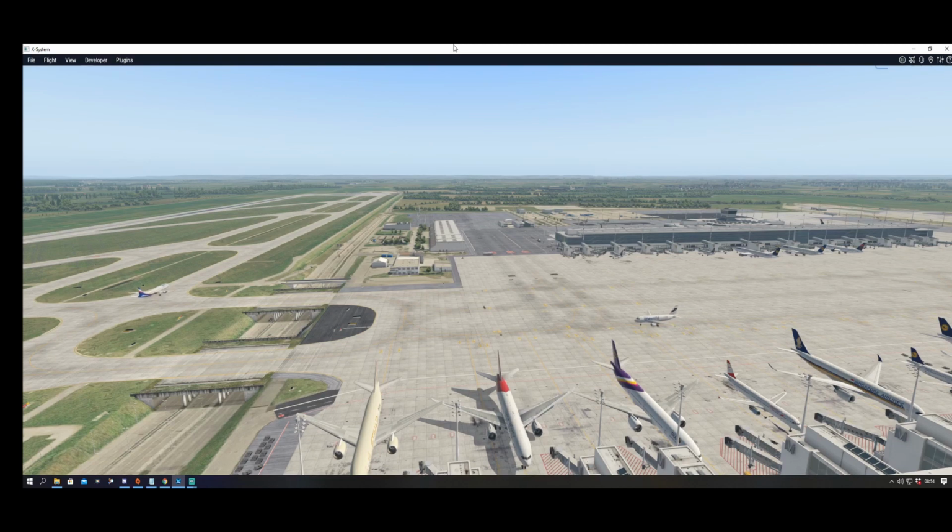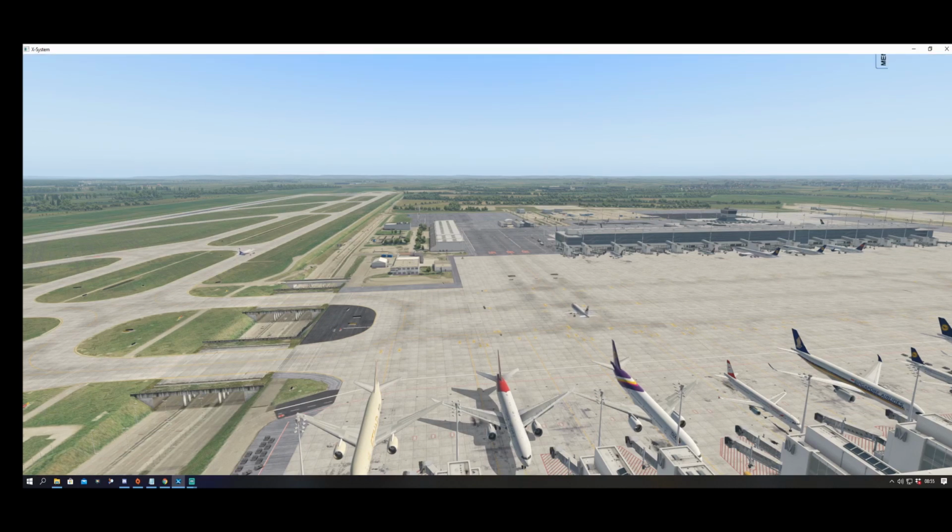So how does he select his airports and his projects? Is it out of his own necessity, or does he listen to the community? And he said it was a bit of both. More often than not, he chooses airports that he would like to see, but also he does get requests from the community, and so depending on how busy he is, then he may choose something that he would do just for the love of it, or